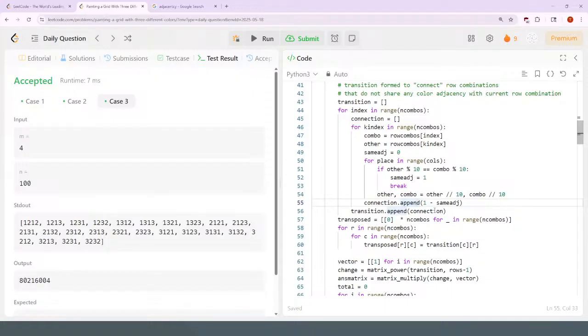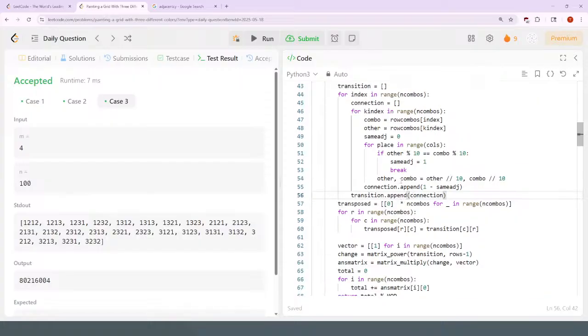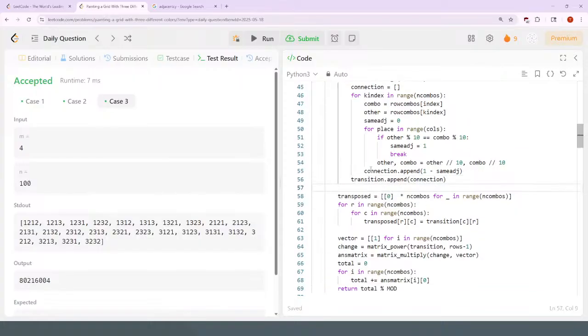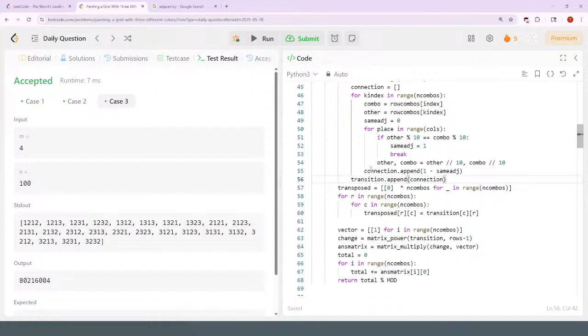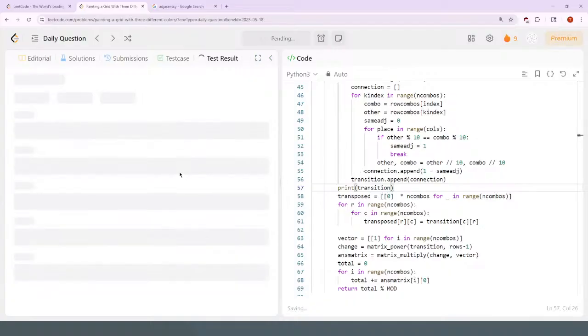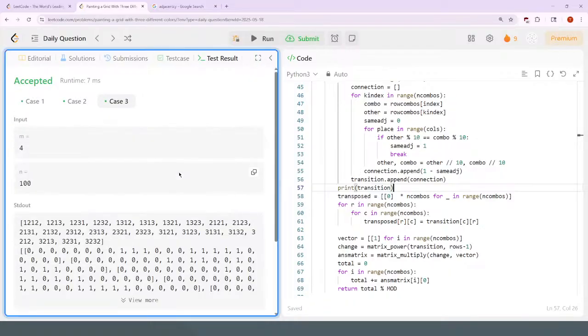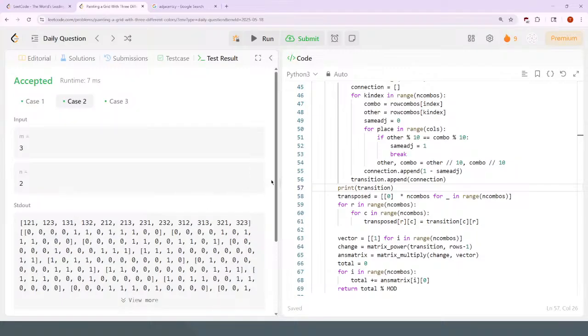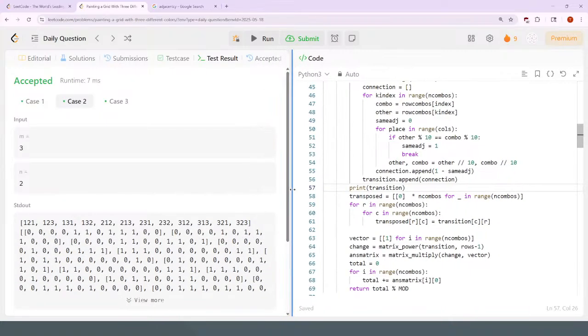to the transition matrix as a row, and then I need to transpose that because of the way that matrix multiplication works, you need to treat that as columns. Yeah. So I'll print out the transposed matrix, I guess. I think maybe I can print out the transition matrix to maybe describe what happened. Again, this is kind of not an optimal solution, so I'm not even sure if it makes any sense explaining this. But,